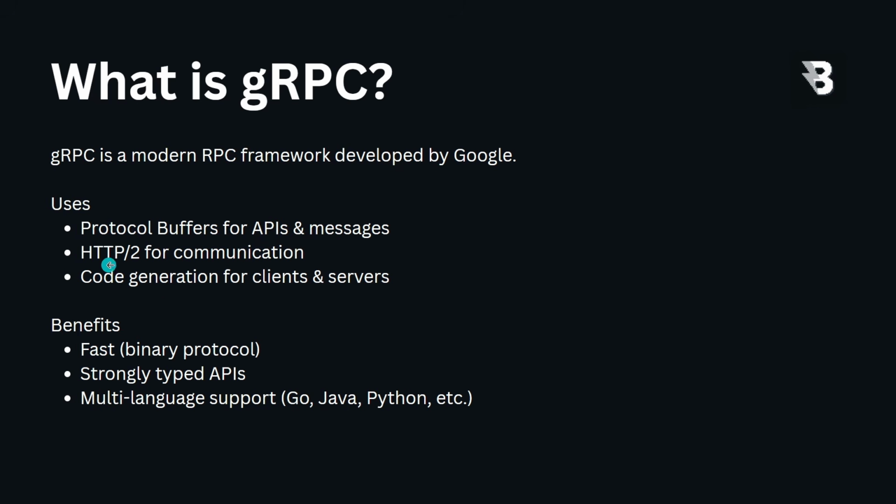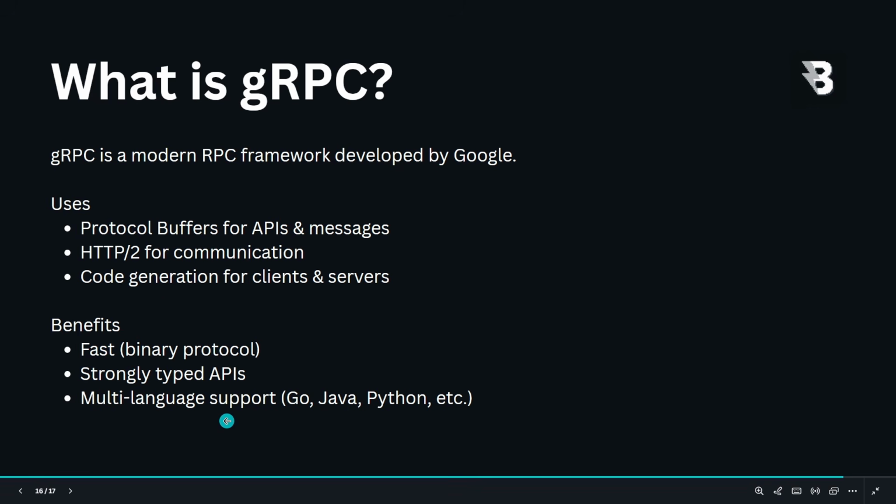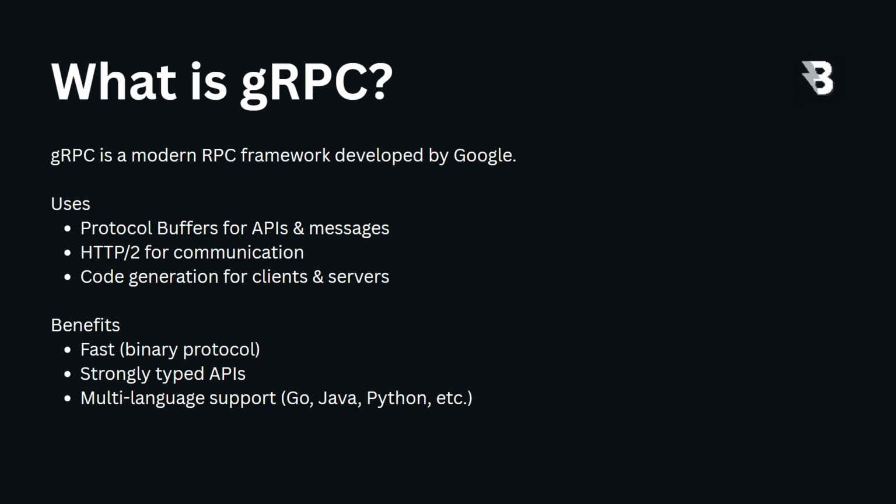It uses HTTP2 for communication, and it generates code for clients and servers in an idiomatic and error-free way. Now, the benefits are that it is extremely fast, both to transmit and process. It is strongly typed, so things don't often go wrong, and it has support for multiple programming languages. Other than this, gRPC also has a lot of other things which we will dive into step by step